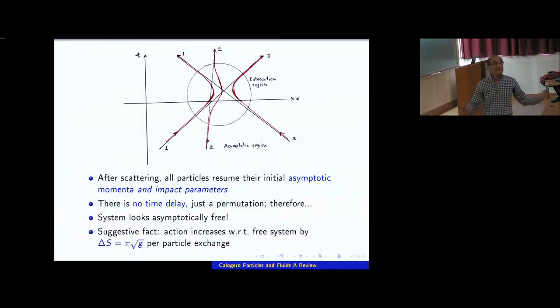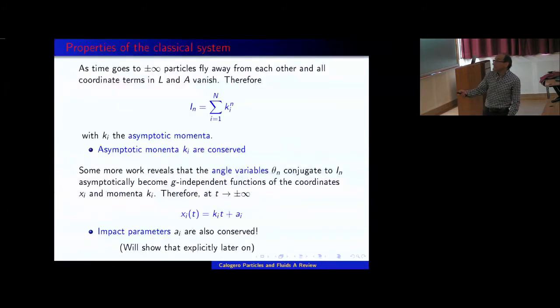Yeah, in one dimension, of course, particles have to bump if they can't go through each other. So what I call impact parameter is this. If asymptotically, as they come in, they have paths, their paths will be, of course, their momentum times t plus a. So it's the parallel shift, if you wish, of these lines that I drew. Perhaps slightly abusing language, I call it an impact parameter, because it tells you that at time t equals 0, that's where this particle would hit the real line. That's all. Okay.